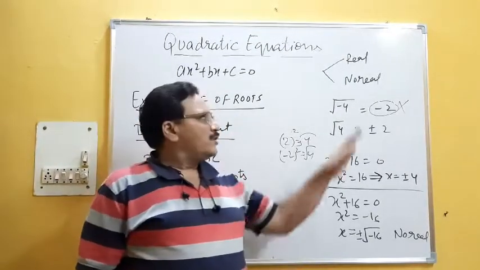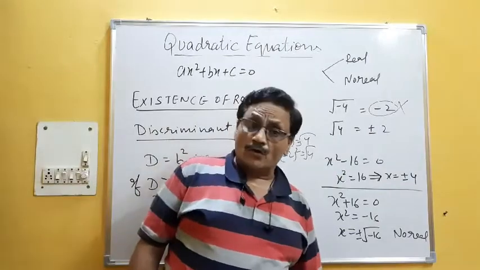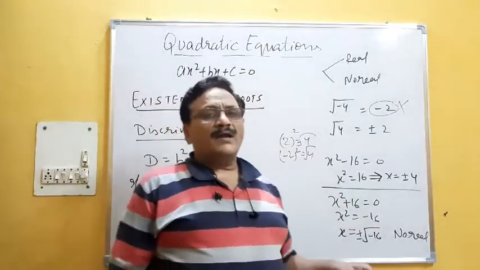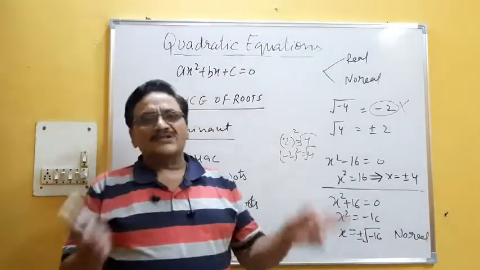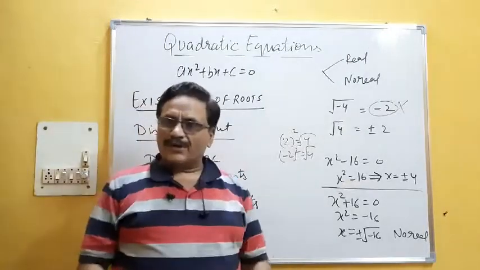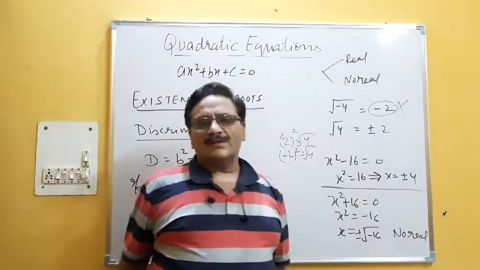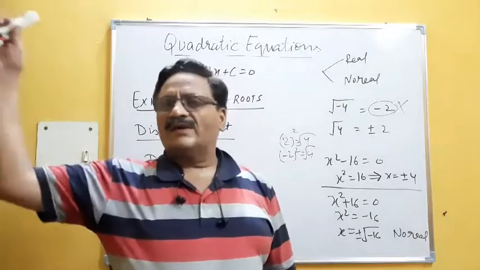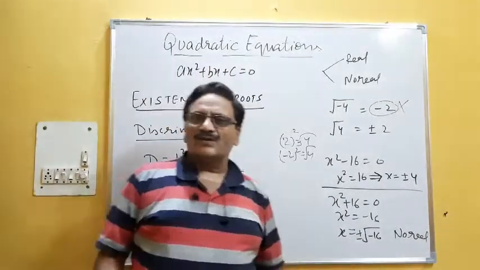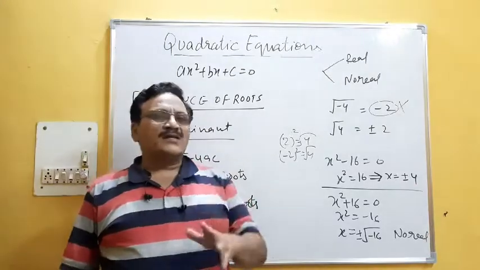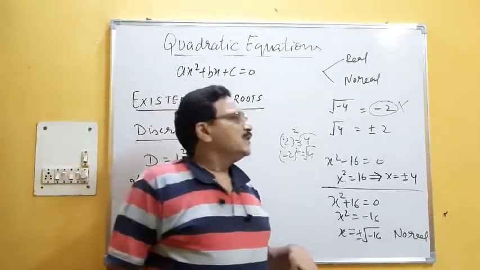I am not saying this is not a part of the roots or not a part of the number system. Real and non-real numbers are both part of the whole number system. If you divide the whole number system, the first category division is real numbers and non-real numbers. Non-real numbers we further study in class 10, 11 onwards as complex numbers. But up to class 10 we study only the real numbers.